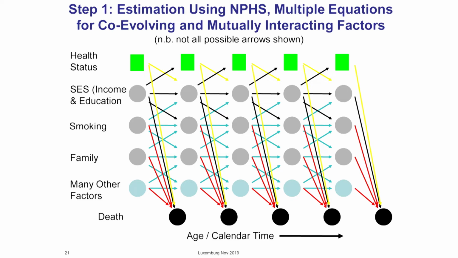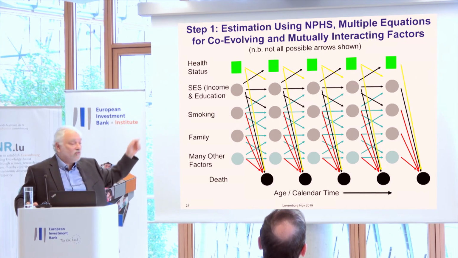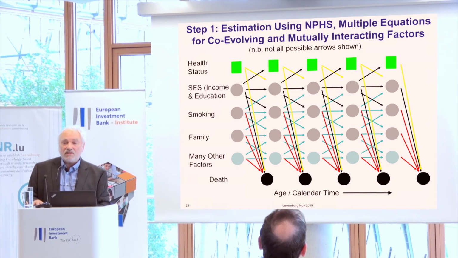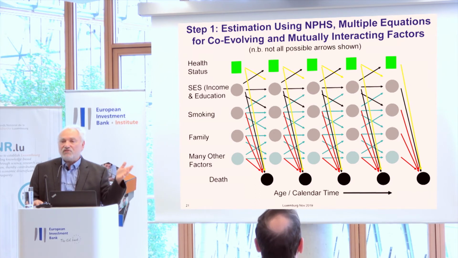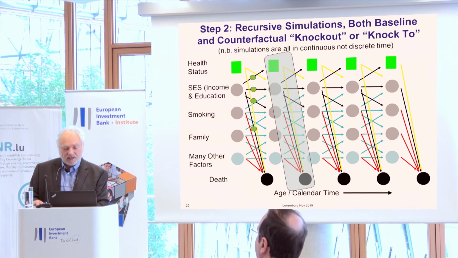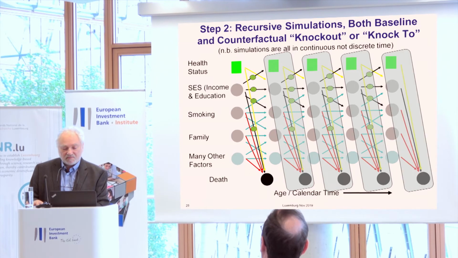And then we also want to be able to construct counterfactuals. So suppose we want to knock out the effect of socioeconomic status. For each of the arrows that have the little ovals, circles there, whatever the model is generating, we're going to override that and push, in this case, the counterfactual we assume is we're going to push everybody up into the 10th income decile and university graduate in terms of educational attainment. And we keep on doing that, here, here, here, here, and so on.